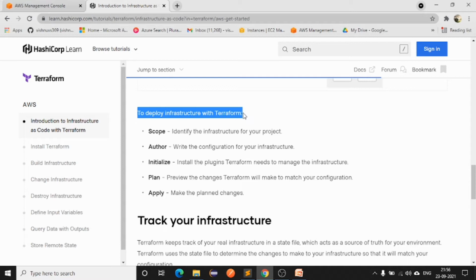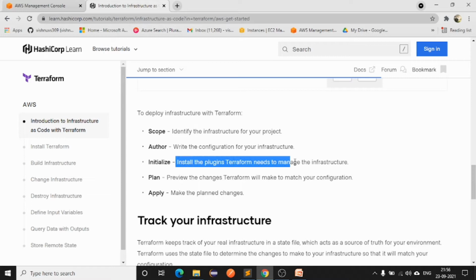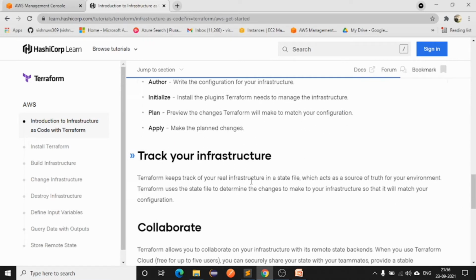These are the basic commands for infrastructure: initialize, plan, apply, destroy. These are the main commands. Initialize will install all the plugins used to